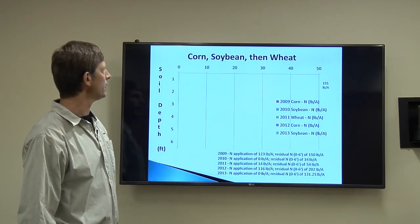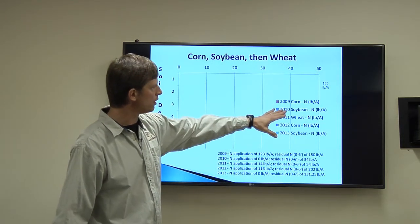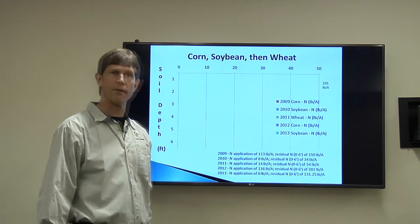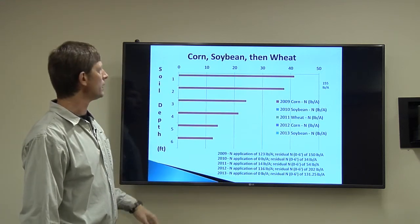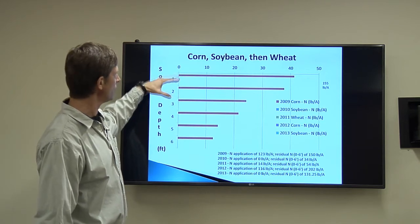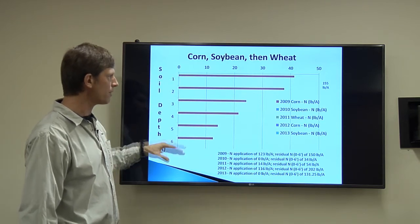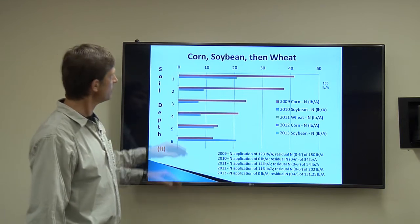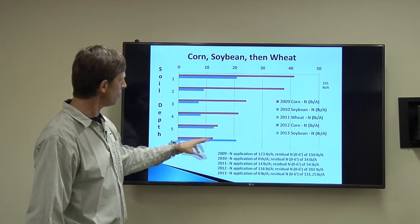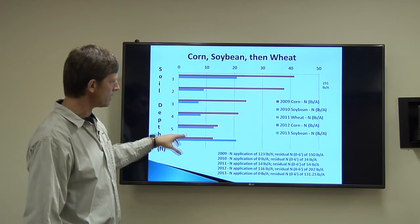And if we look at the data here, we're going to go through corn, soybean, wheat, corn, soybean, so through 5 years of the rotation. And we'll take a look at how that works out for us. In this case, we're going to see our first year. We had corn out there, and of course, we had quite a bit of nitrogen left in the soil profile after that corn year. Soybeans left a little less out there, although soybeans apparently aren't the best at pulling up